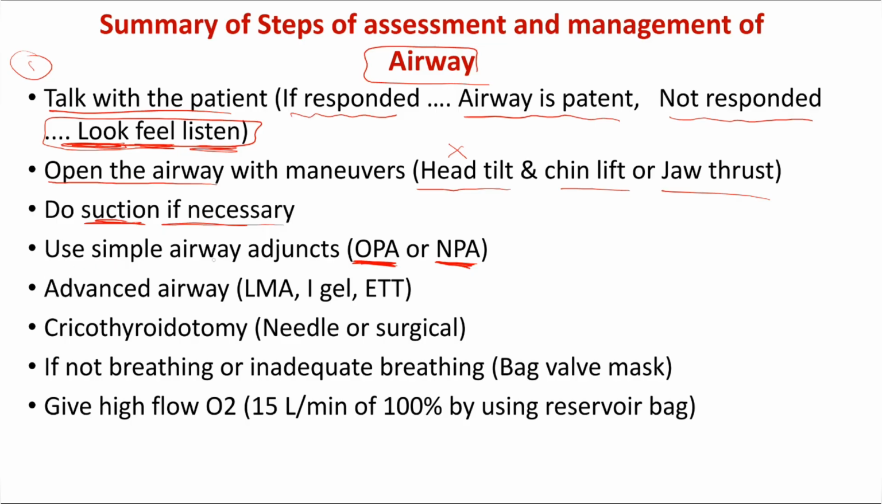Then, despite simple airway adjuncts, if still the patient's airway is not good, or the patient needs definitive care, you may put a laryngeal mask airway or iGel. These are just temporary. They are not definitive airway, but they are more advanced than OPA and NPA. And the best thing, if the patient is unconscious or the airway is not sufficient, you have to put endotracheal